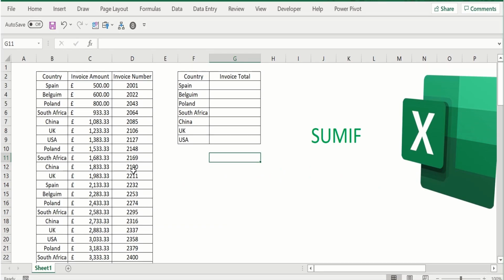Okay, in this video we're going to show you how to use the SUMIF function. I've got some simple data here, just 3 columns, depicting the country, the invoice amount and invoice number, and what I want to do is calculate the total invoice for each country. So what we're going to do is type in equals SUMIF, open parenthesis, and